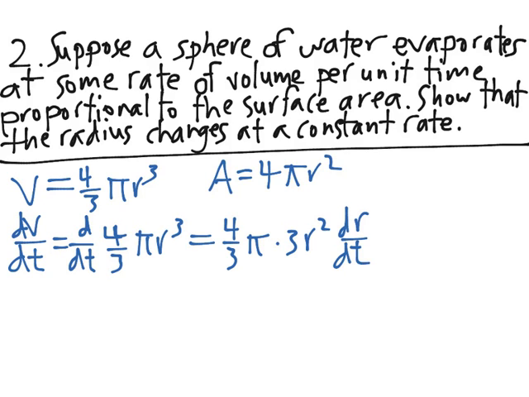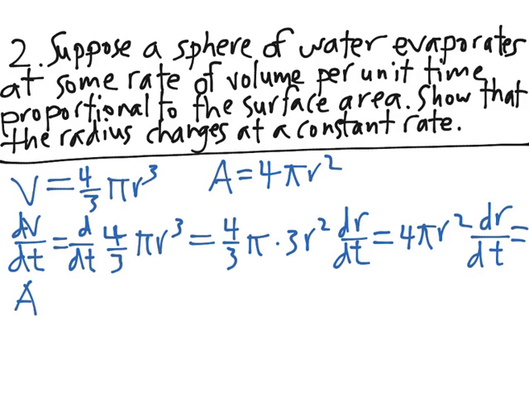And the 3 in the denominator cancels with this new 3 we have, giving us 4 pi r squared dr/dt. However, notice that 4 pi r squared is exactly equal to A, so this is actually equal to A